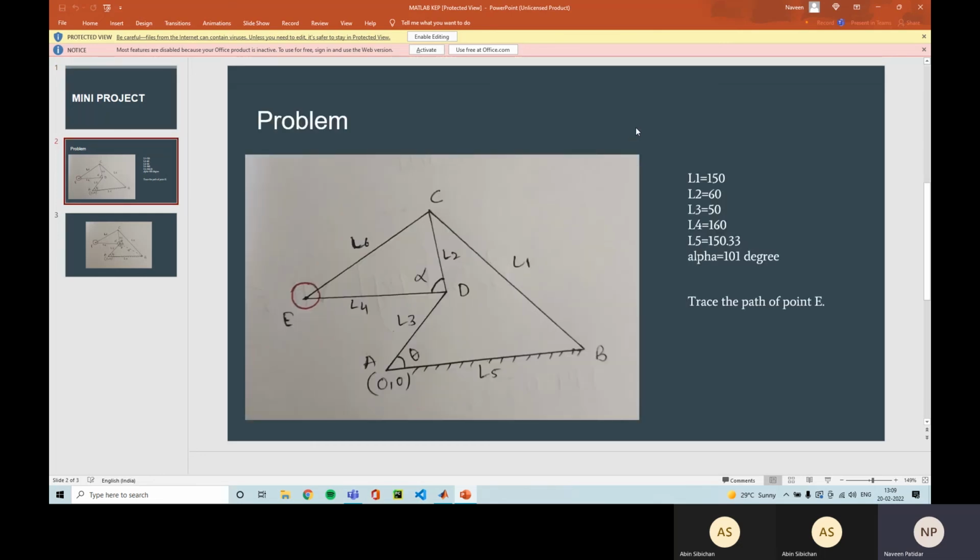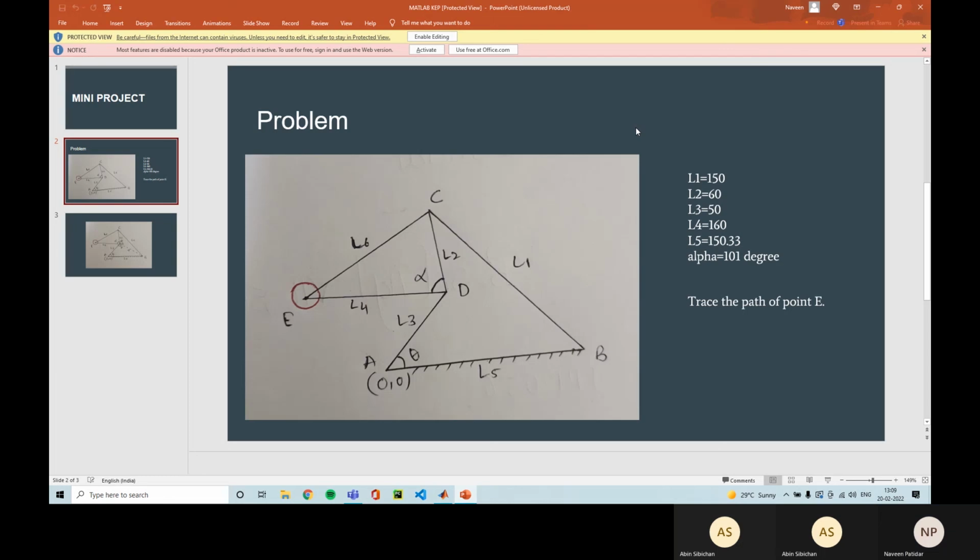Okay, so here we are given a 4-bar linkage. Basically, a 4-bar linkage is related to mechanisms and machinery. But if you are not from a mechanical background, then do not worry. We will not be focusing more on mechanical. We will be learning more about MATLAB and how to implement the built-in functions and some basic MATLAB.